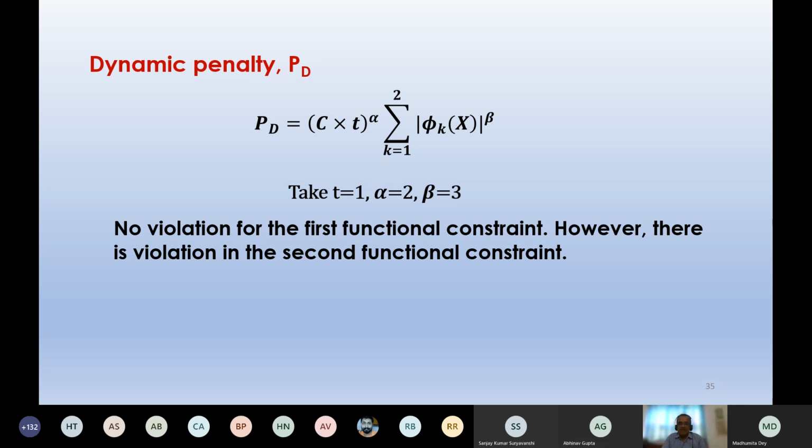Thank you, sir. Next is Rahul. Sir, for this dynamic penalty, you are saying it is the best in respect of the accuracy of the result or the minimization possible? In respect of the ability to hit the globally optimal solution for complicated objective functions. You see, for a very complicated, discontinuous, highly nonlinear objective function, that will be the real test for a genetic algorithm. There my experience says dynamic penalty could be the best.